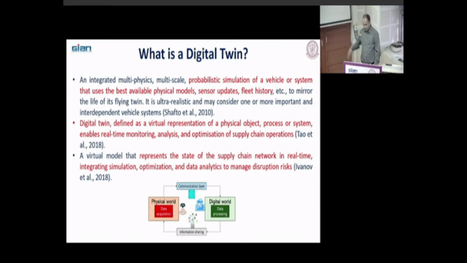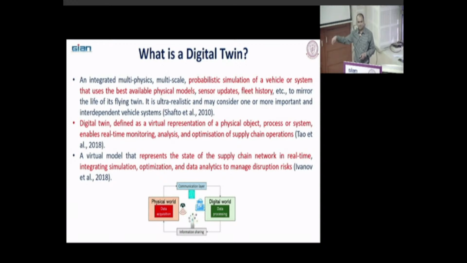Okay, so whatever data we are transferring from the physical model to the digital model, the virtual model, the digital twin will analyze that data, whatever data they get from the physical model, and then they will recommend some solutions. Suppose you take the example of Varanasi to Bombay. If you are moving something, and suppose that route is affected, then that data is passed to the digital twin. The digital twin does the optimization,